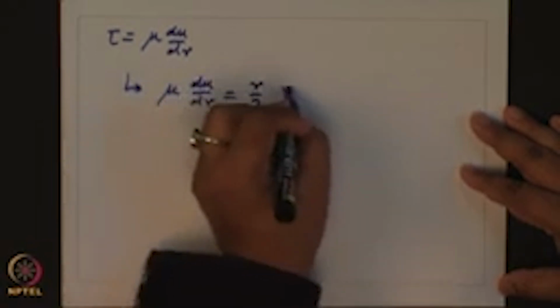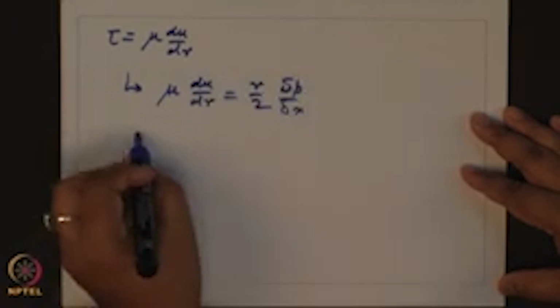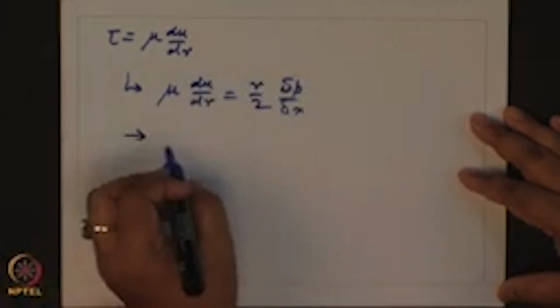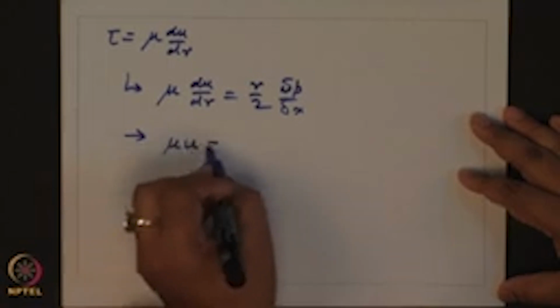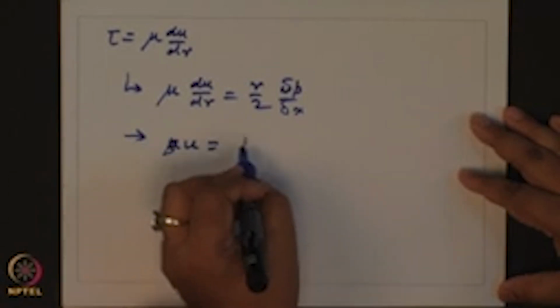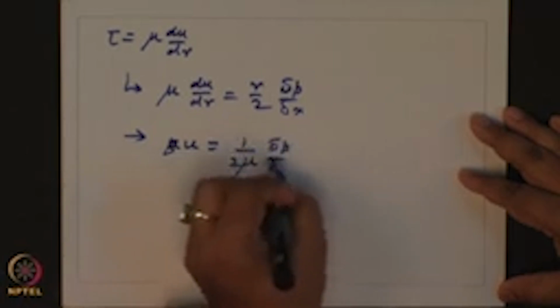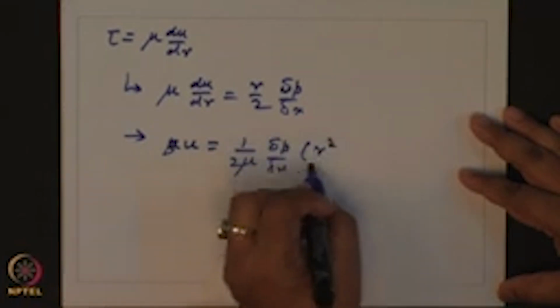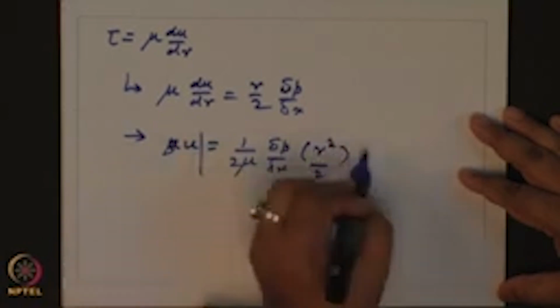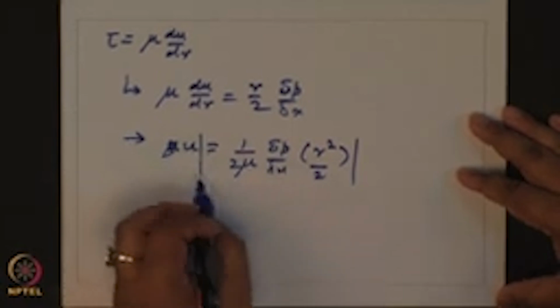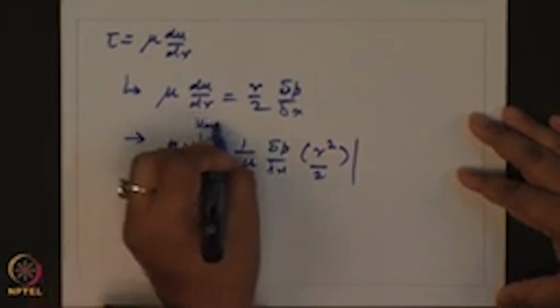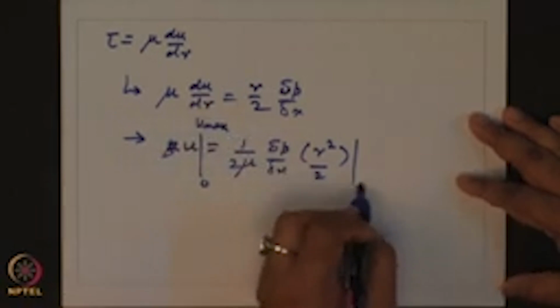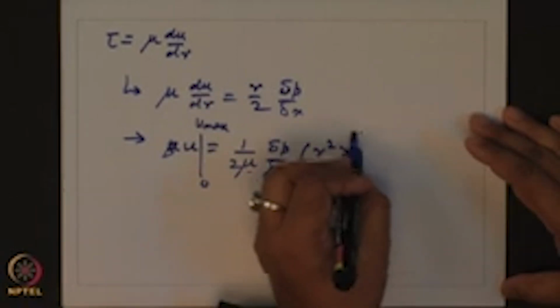Because tau is given by mu du dr, this is Newton's law of viscosity, you can put this equation: mu du dr equal to r by 2 del p del x. You can integrate this equation. So, you can find out that u is, if I remove mu from this side, 1 by 2 mu del p del x, r square by 2. And if I integrate from 0 at the walls to maximum at the center, from capital R to small r,